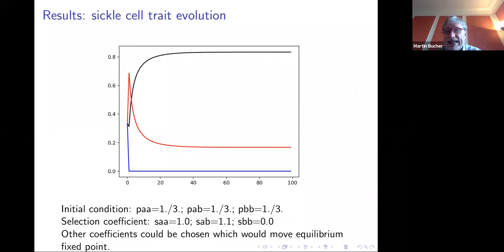So you have a stable fixed point. But unless we really knew these selection coefficients, we wouldn't be able to predict this